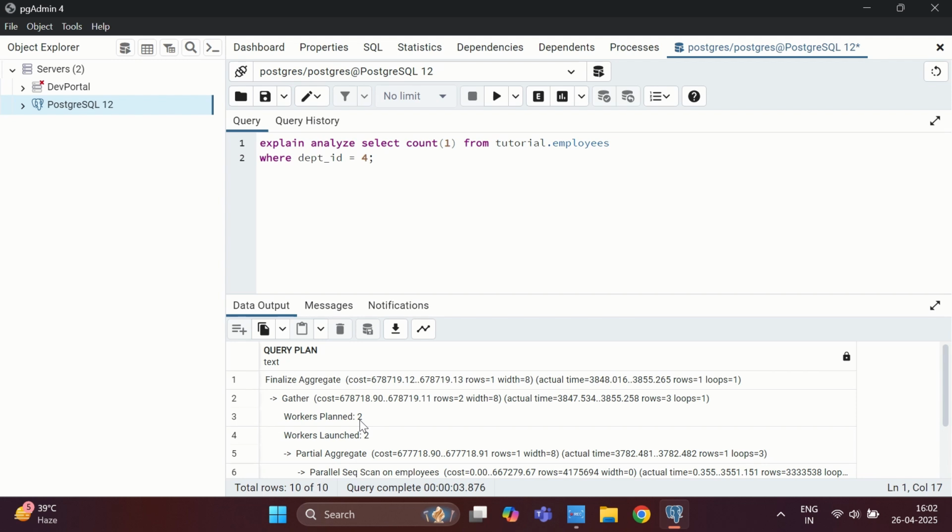So for that, what I need to do is the vacuum activity, but that is still not enough, because vacuum will remove the dead tuples from the system, but your statistics will still not get updated. So in that case, we need to do vacuum analyze table, so that our statistics and index will also get updated along with the vacuum activity, which helps Postgres identify the right scan it needs to do. Maybe index scanning is better, but just because of old statistics it is doing sequential scanning or parallel sequential scanning. So to overcome that challenge, we can do the vacuum activity along with analyze as well,